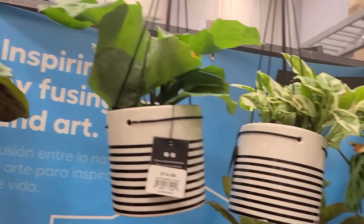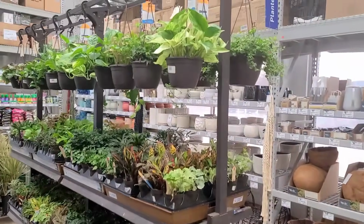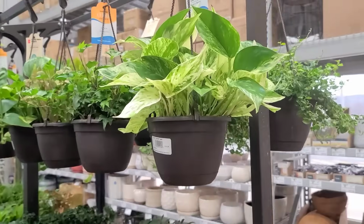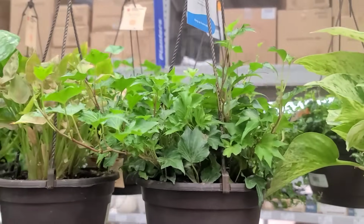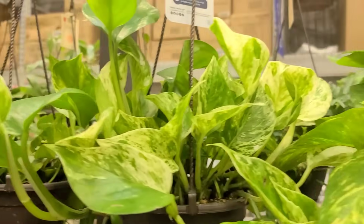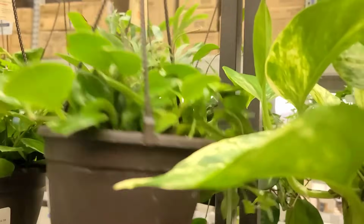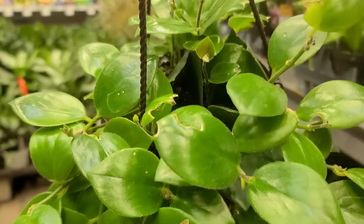Not my favorite. I'm not a big stripes kind of person. It kind of just reminds me of my emo kid days when I loved to wear stripes, and now I look back on it and I can't see anything else. So anyway, it wasn't a phase, Mom, except for maybe the clothing choices. Anywho,